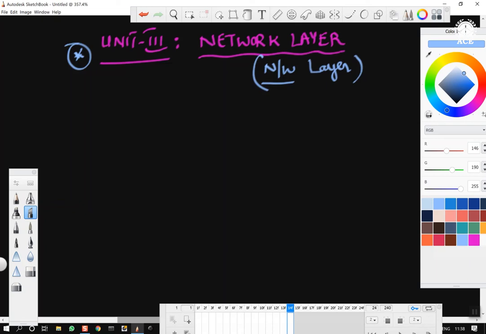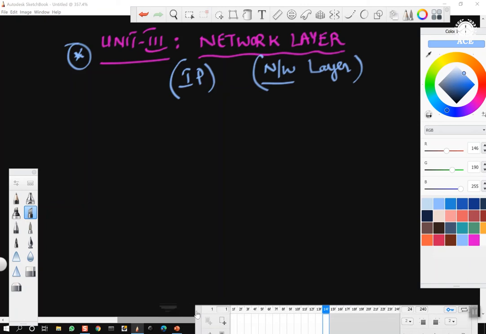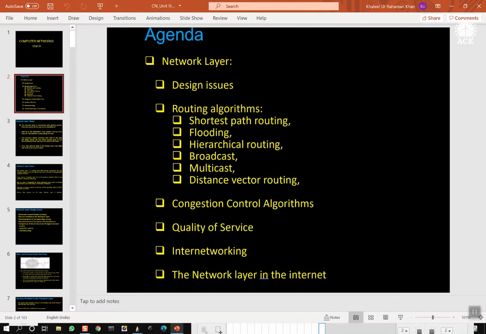It is also of practical importance because the whole of the internet works based on the network layer protocol, a popular protocol called the IP protocol. So we are going to learn in detail about the IP protocol. In the presentation, I am going to show you the agenda and all the topics that we are going to learn, all the design issues of network layer. But before that, I re-emphasize that this topic is very, very important, so pay full attention and try to understand the idea and the philosophies of network layer.